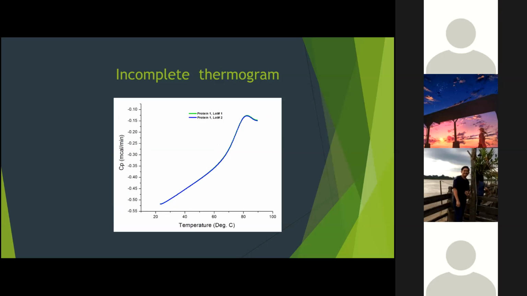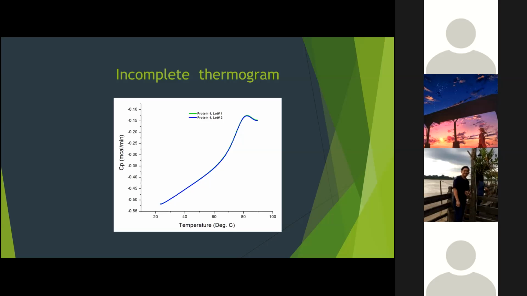So the next one, I'll be talking about incomplete thermogram. Setting the proper temperature range is important when evaluating a sample. Otherwise, as illustrated in this picture, an incomplete thermogram could result. Although it is possible to derive the transition temperature from such a profile, it is not possible to accurately evaluate the calorimetry heat. The sample must also be retested with a broader temperature range in order to fully capture the thermal